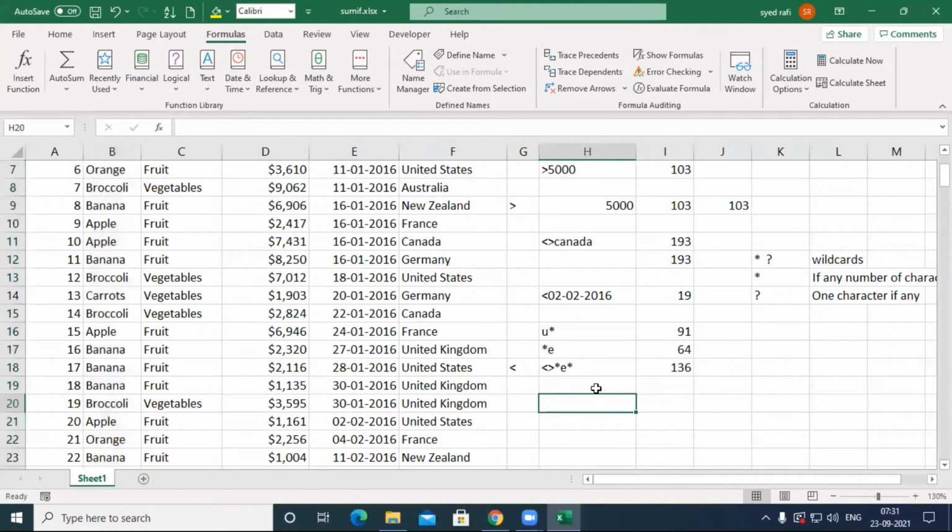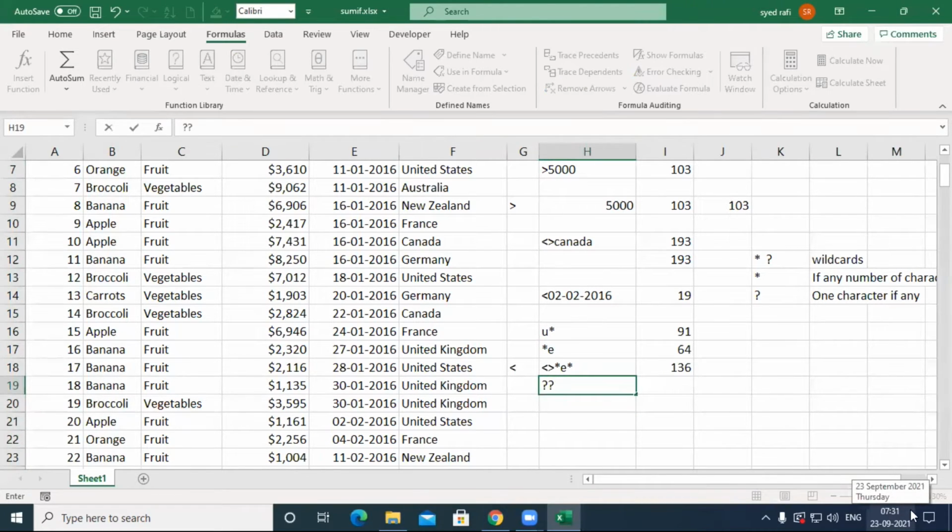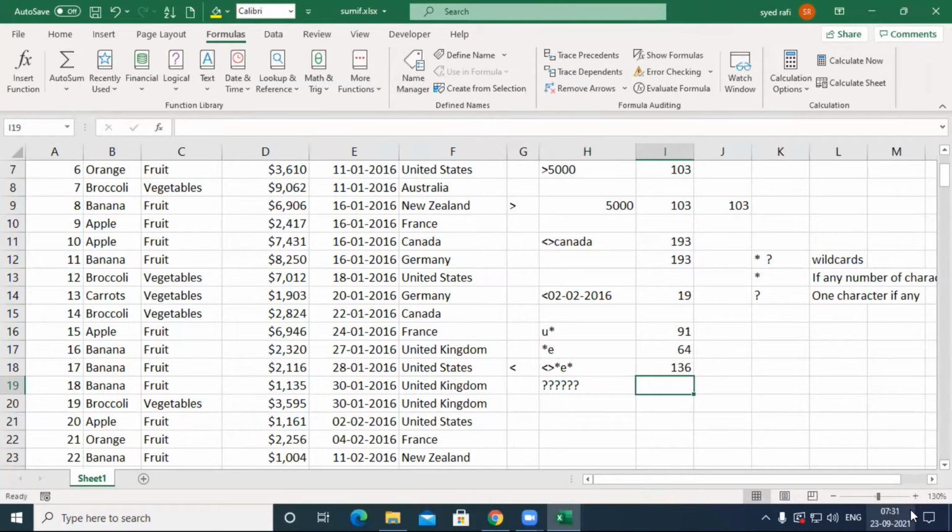Okay, and what about the question mark? So I have given here 1, 2, 3, 4, 5, 6. One question mark indicates one character if any. Here I have given 6 question marks, meaning 6 letters if any.